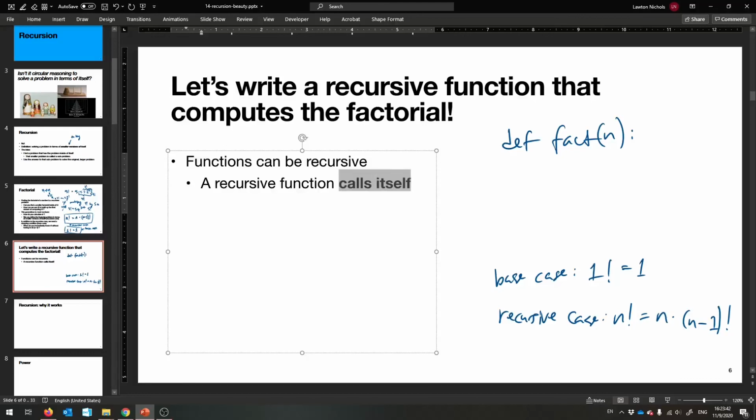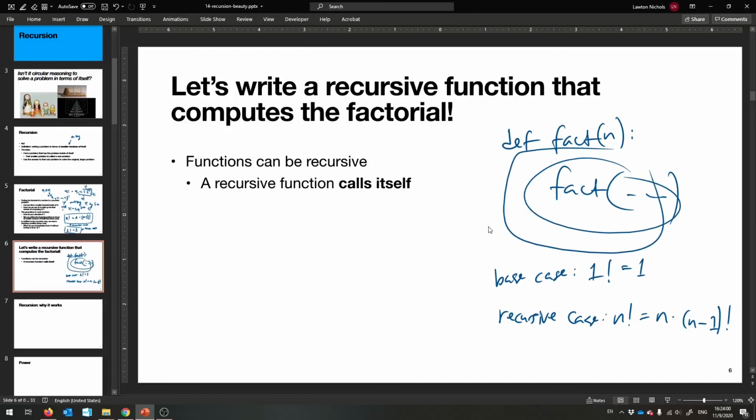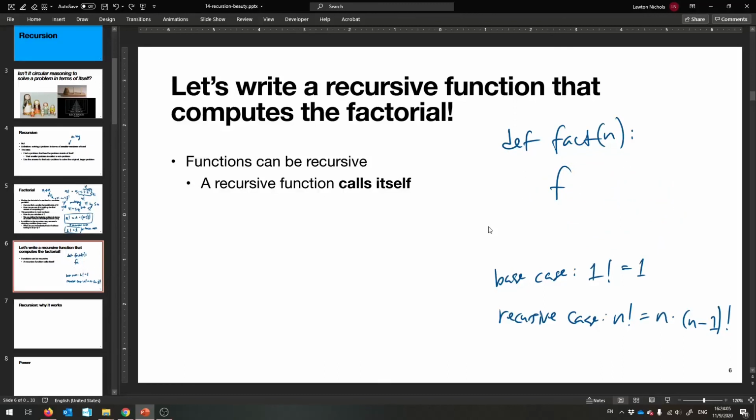Which is the weirdest thing to think about, but it's gonna work. A recursive function can call itself. Okay? So inside of the definition of the fact function, we can put another call to the fact function, and it will go off and compute this answer and then use it in the rest of the code. Which is gonna blow your mind. I know it's a weird thing to think about, and it takes a while to sink in, but let me show you how we can program this very quickly, and then we'll actually program it next time. Okay, so a recursive function, it calls itself, which is the weirdest thing, but that's okay.